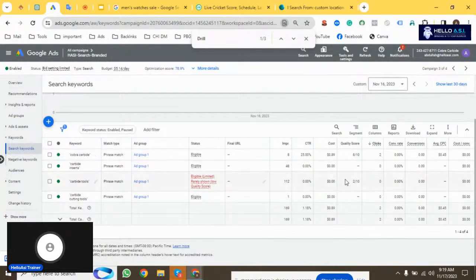For two keywords, one is 8, another is 2. So "carbide tools" has a quality score of 2, and "cobra carbide" is 8. Whenever your quality score is more than 7 or 8, it's good. But whenever it's less than 5, 4, 3, it is very poor and your cost will be higher. You will not generate sufficient audience by the keyword, but you will get audience or traffic by the keyword